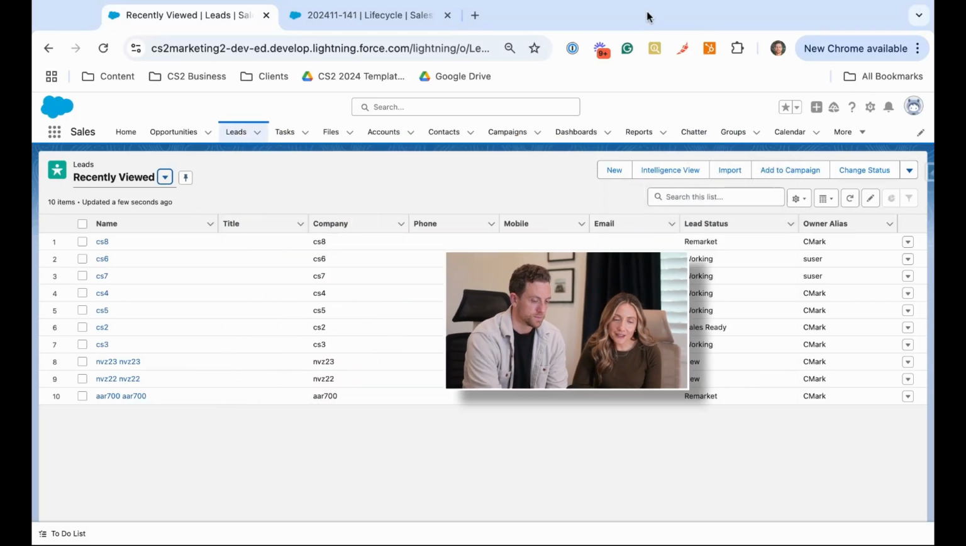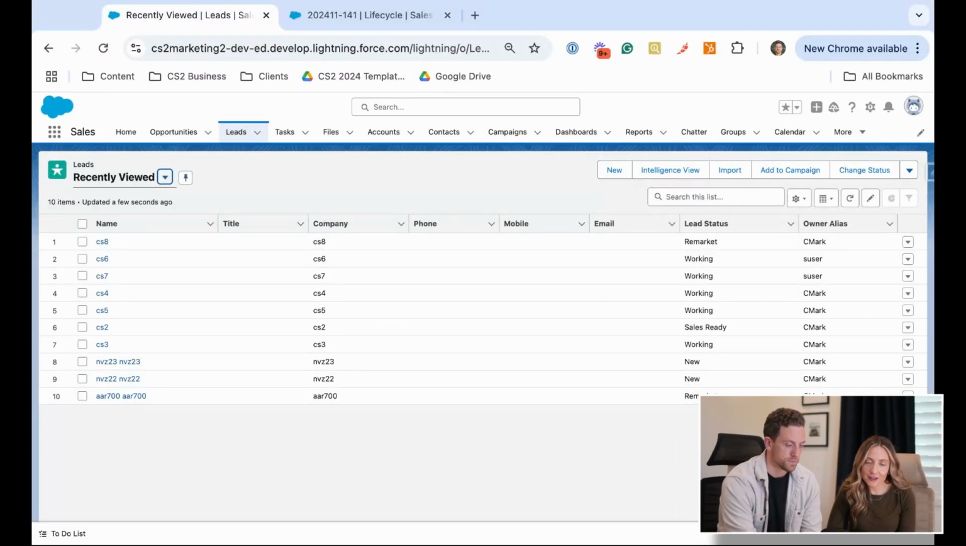Okay, so take us through the first use case and talk us through what you're showing for those that are listening. Yeah, so for those who don't know, we have a Salesforce unmanaged package that we install for our clients,